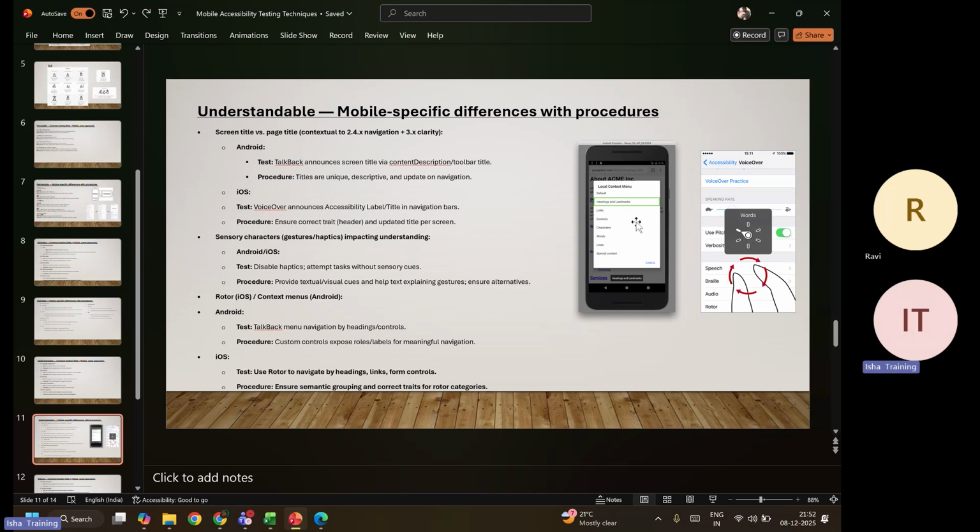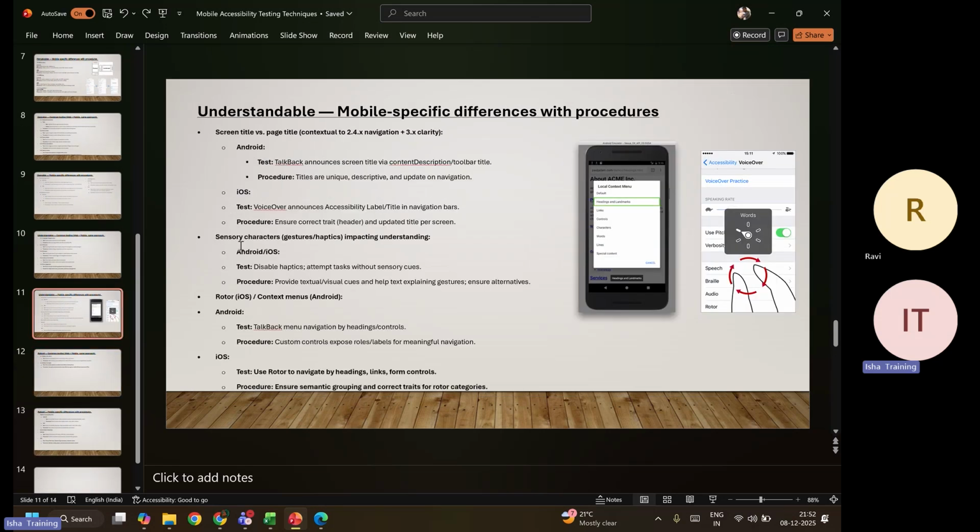Similarly, for Android, you will be seeing this kind of box. You need to select whatever desired element you want to navigate, and you need to swipe up and down to navigate to the controls. So we can see here pretty much, the screen title will be announced for both Android and iOS, and for sensory characters impacting understanding, disable haptics, attempt the task